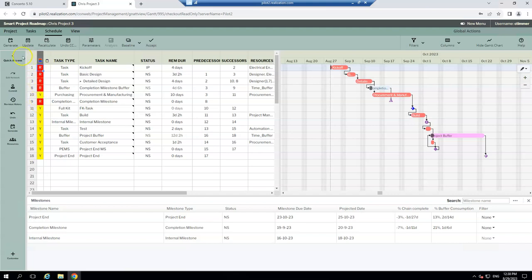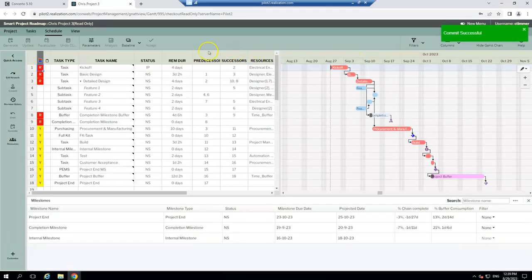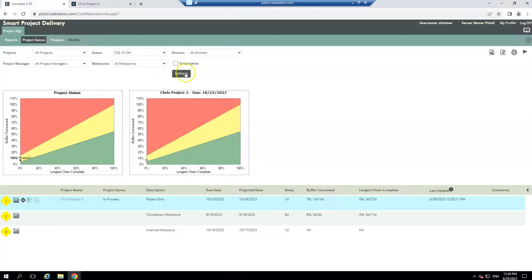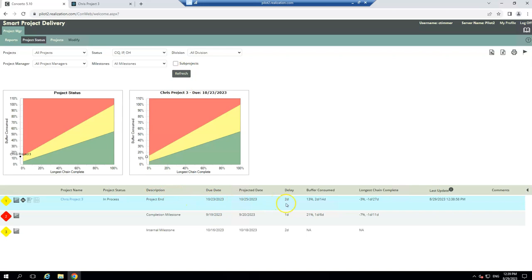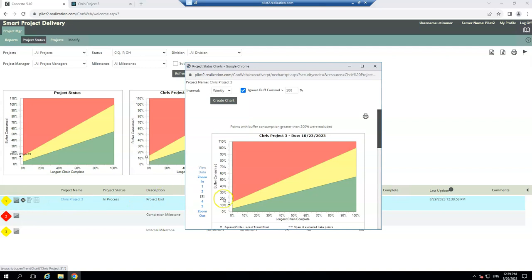So what's happening, let's go ahead and commit the project so you can see. I'll commit the project. I'll get the little message that says commit is successful. And then I'll come over here and refresh my project status screen. And I'll see the different colors. So we'll see a 2-day delay on the project. So if you look at the project screen here, we can see where my delay or my project is plotted now. We've actually, the original longest chain, this is the original longest chain length. We've actually increased it a little bit. So we went to the left hand side of this graph slightly